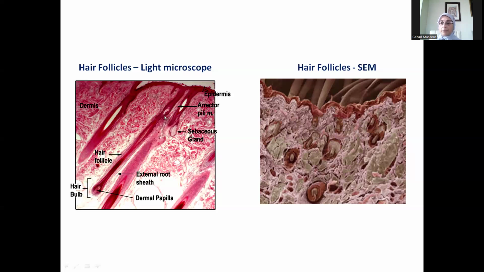In the diagram to the left, we can see a light microscopic stained specimen of the epidermis and the dermis. Of course, we can see the lowermost part, which is the hypodermis. Why do I say epidermis? Because I can see this thickness above, the red thickness, which is the epidermis. And then we all know that the hair follicle extends below, lower down until it reaches the dermis. And underneath the dermis, we have the hypodermis. And it is worth noting that the hypodermis is not a part